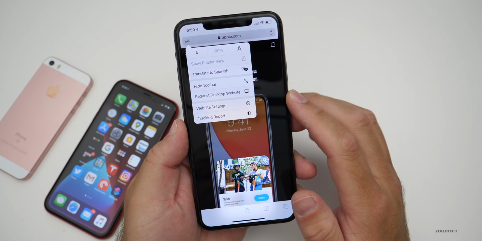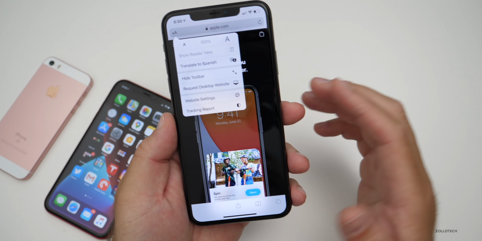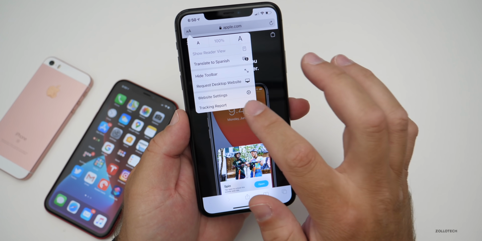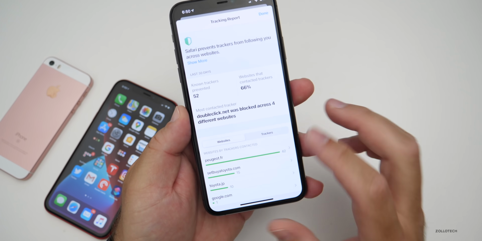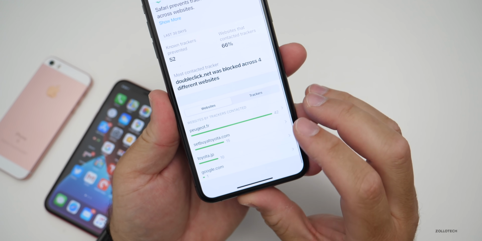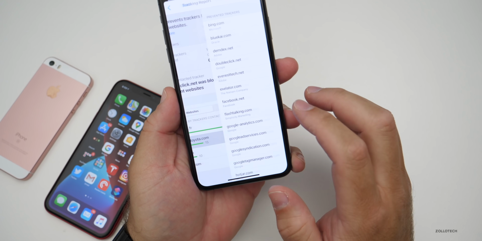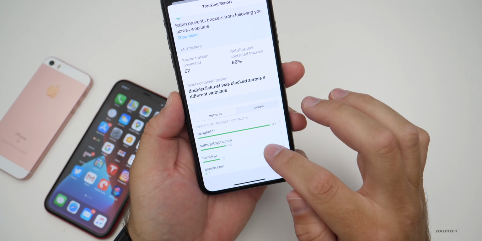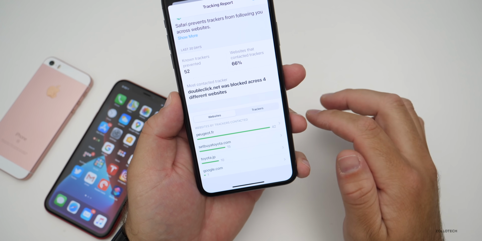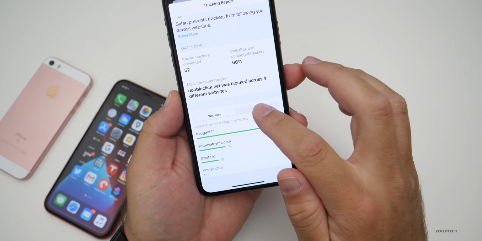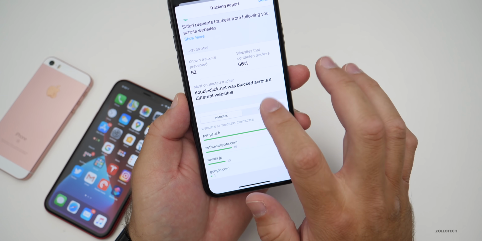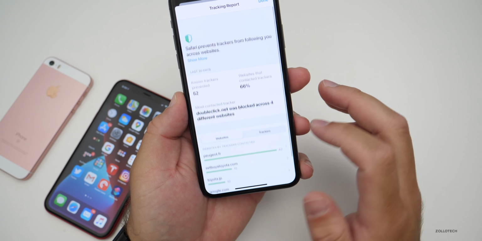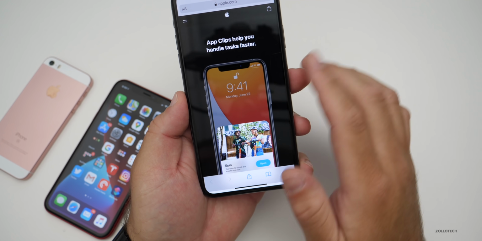We also have the option for a tracking report. This is a new privacy feature, and I'll talk more about privacy later on, but tracking tells us what websites we've been to and what they've actually tracked. So depending on which one it is, here's all the different things looking for information. If we go to each one of them, you'll see what's actually being prevented or stopped for trackers. Now, this button doesn't seem to work right now, but you'll see it's blocked different things across websites.